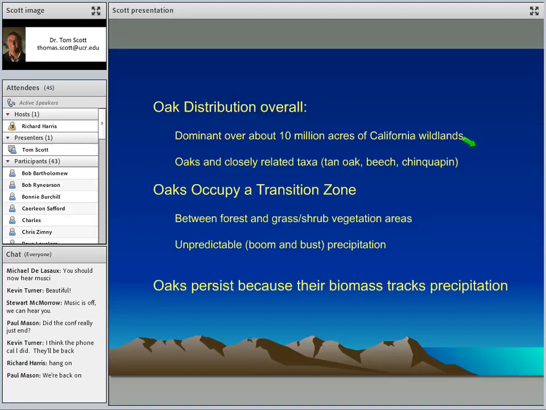But just for the point of illustration, I want to emphasize that when you live in a transition zone, you do different things. And one of the things that oaks do remarkably well is they respond to precipitation, so that gives them persistence. And it's a very different model than if you're thinking about growth rates that would occur in someplace like a conifer whose choice is to grow or die. And I'm going to bring back that point many, many times.